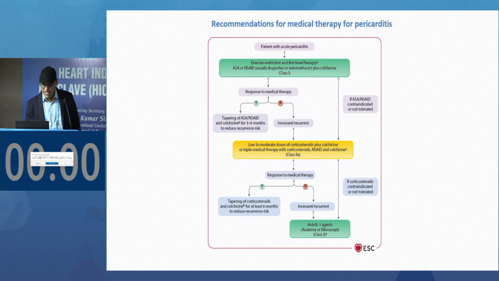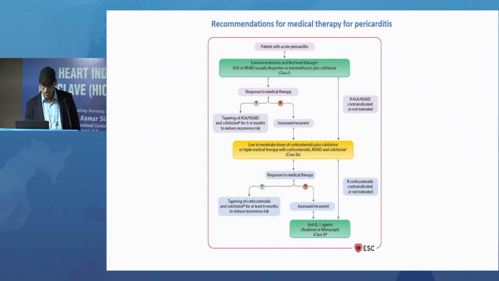This is the medical therapy for pericarditis. So basically start with NSAIDs and colchicine for 3 to 6 months. NSAIDs could be tapered after 2 to 3 months. You don't need to taper colchicine, and then if they respond to colchicine and NSAIDs,